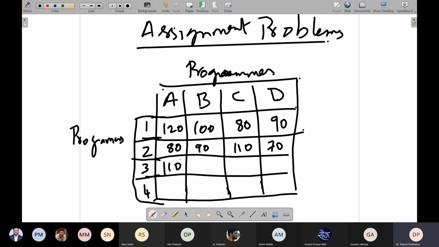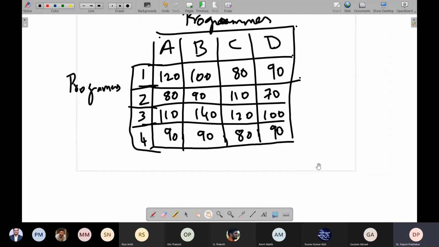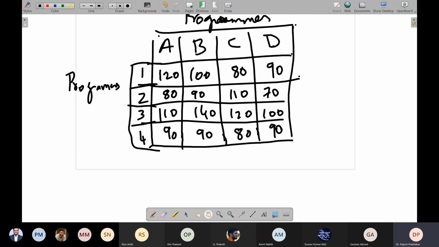Similarly, 110, 140, 120, and 100. Then 90, 90, 80, and 90. These are the time requirements in minutes for each programmer for each program.